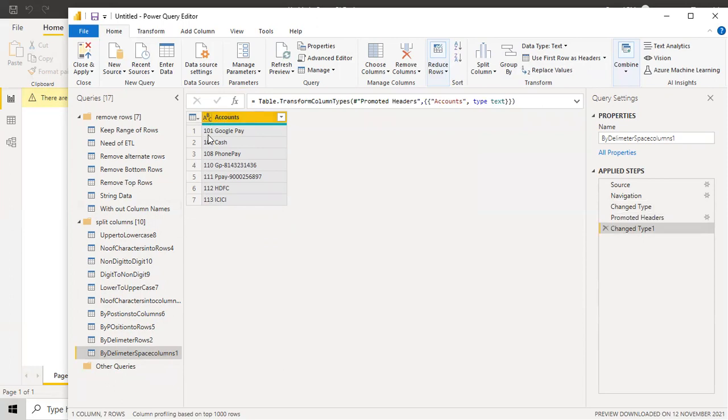In real time, what happens is the data will be clubbed in some other way. Maybe something may happen and then we may get the data like this. In that time, this is why we go with the ETL part: transformation, cleaning and shaping the data. So they gave it like this. For Google Pay, they made a type number ID. For cash, they made an ID based on this. For whichever payments happen, they give an ID. A lot of payments are there, and for each payment we have a payment type ID, and this is the payment name.